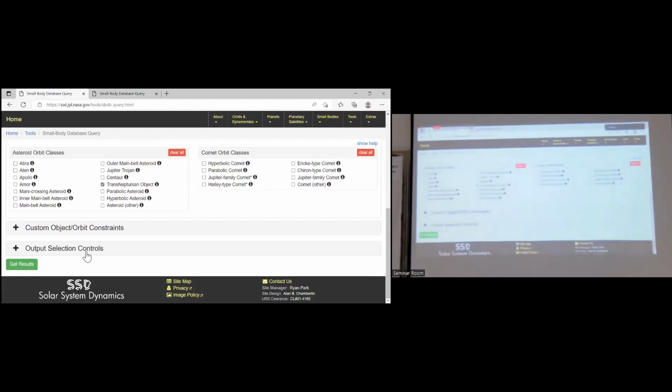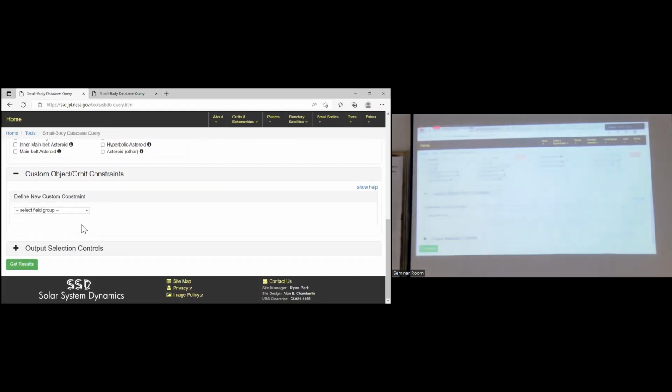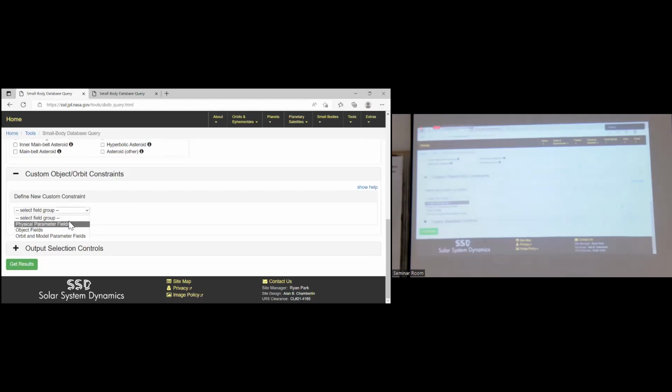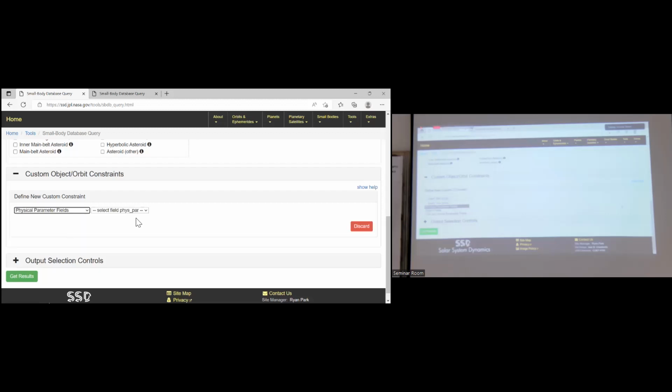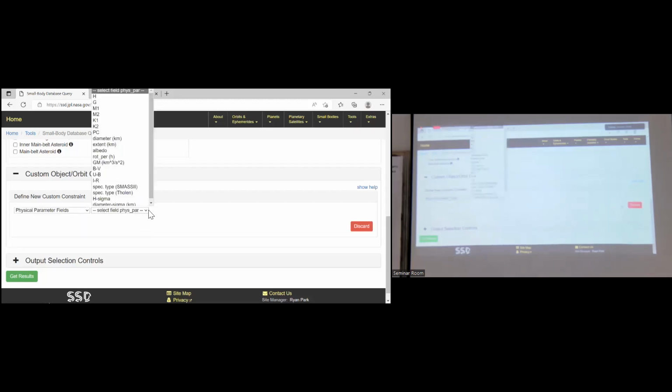Next. Please be careful here. Custom object orbit constraint. How do we know the Plutino? Physical parameter is too complicated: diameter, albedo, rotation period, for example.